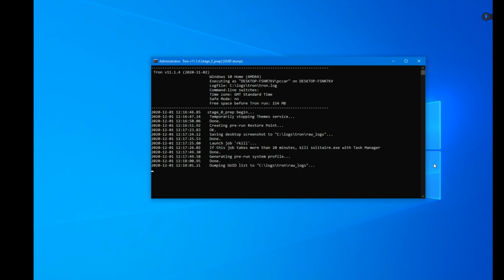If you watch what it's going through, if this job takes more than 20 minutes, kill Solitaire from the task manager. You don't need